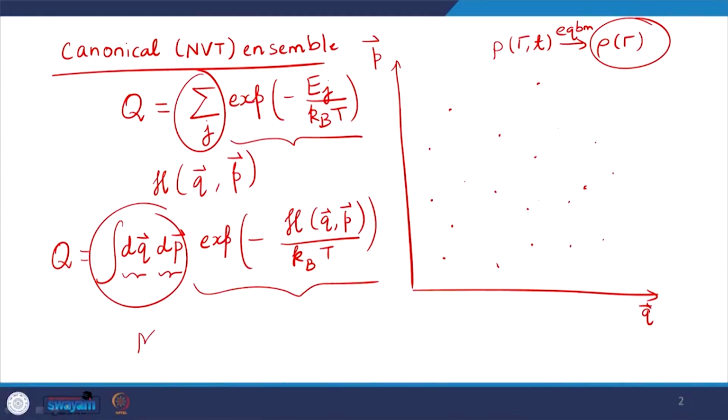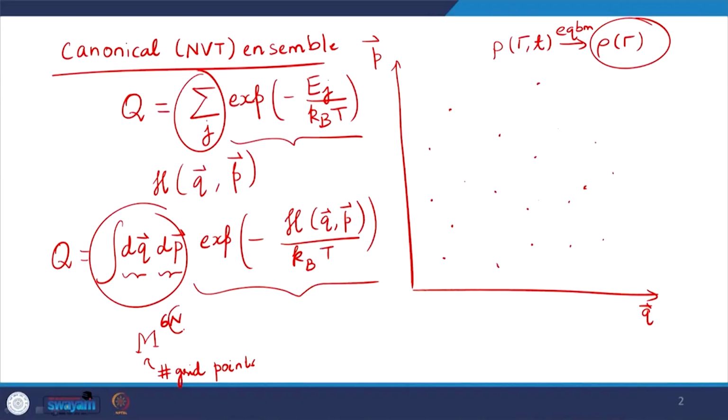So, how many variables we have? We have 3n coordinates and 3n momenta. So, therefore, the number of grid points that we need will be something like, let me call m as the number of grid points, because I am using here n as the number of particles. So, this will be m to the power 6n. In other words, we have to imagine a 6n dimensional grid,